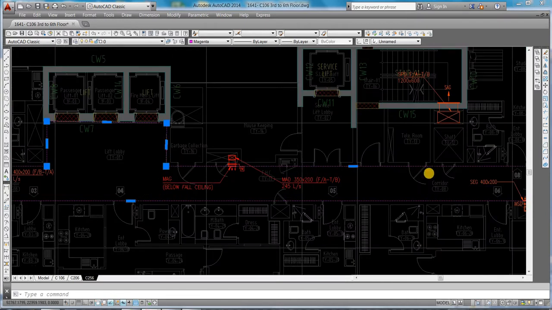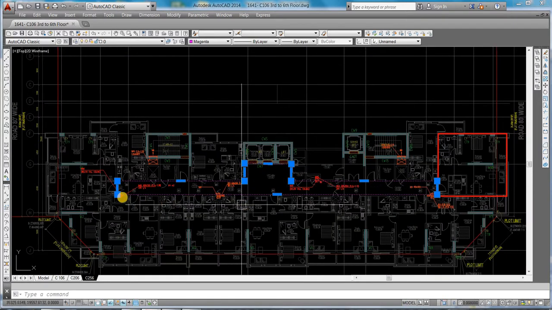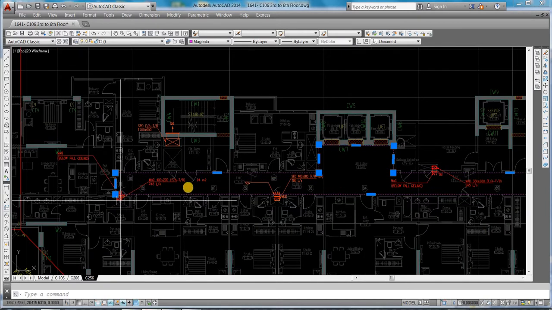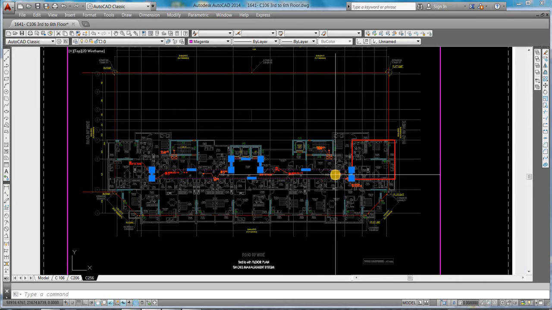We provide this area because this corridor is almost 20 meters long. I provided two fans, one here and one in this area, with backup extract. This is the smoke calculation we need to do.